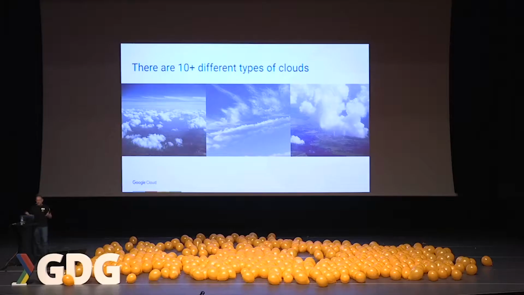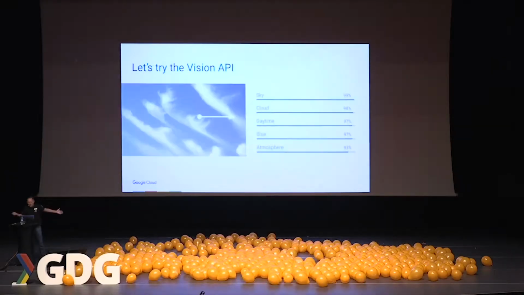They all indicate different types of weather. And how do we do that? So I could take one of these images and I could submit it to the Standard Vision API, and it would say, yes, sure enough, what you have there is a cloud. It won't tell you what type of cloud, and it certainly won't be able to make a weather prediction based on that type of cloud. So let's see how we do this using AutoML.